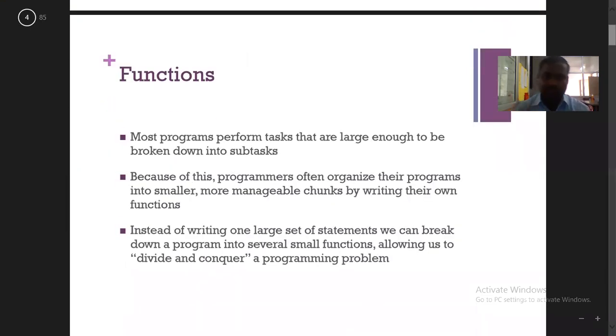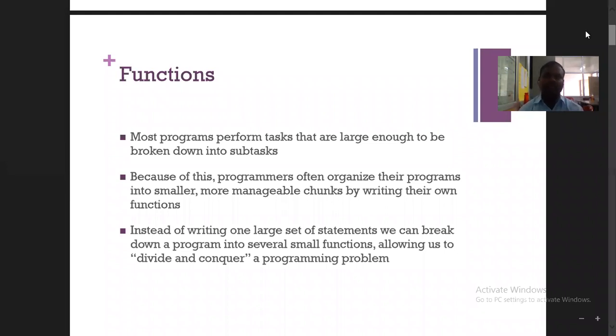What is the main purpose of these functions? It is difficult to write the entire concept using only statements, without functions. That is why we are breaking the entire program into small functions, depending on the concept.